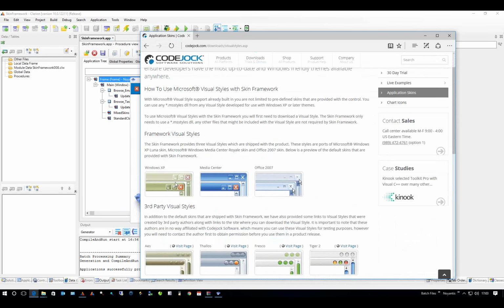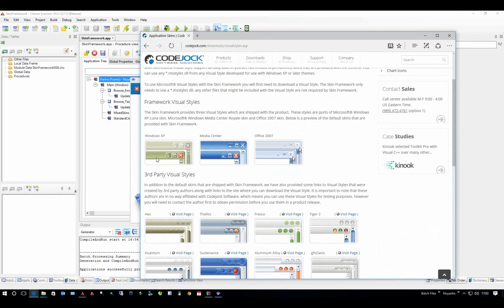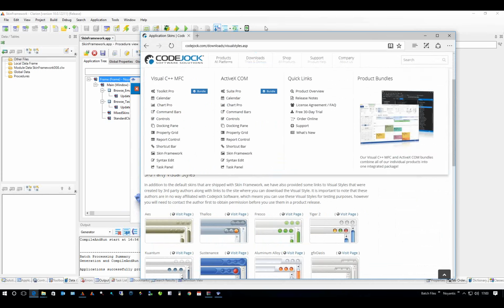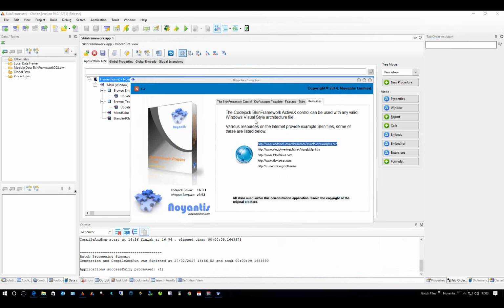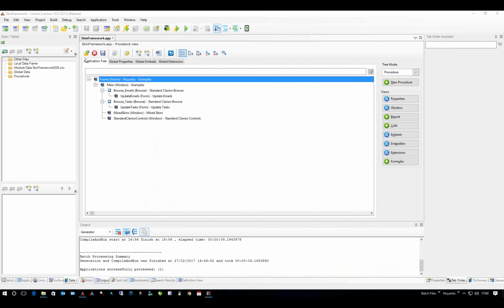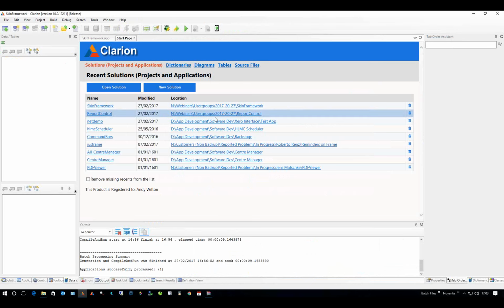Yeah, they've got that Windows XP. Don't know if that would go a bit more with your publisher type style. Okay. So basically, take a look at those, and in your application folder,